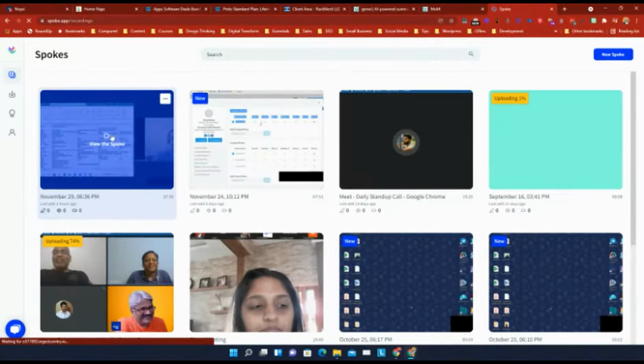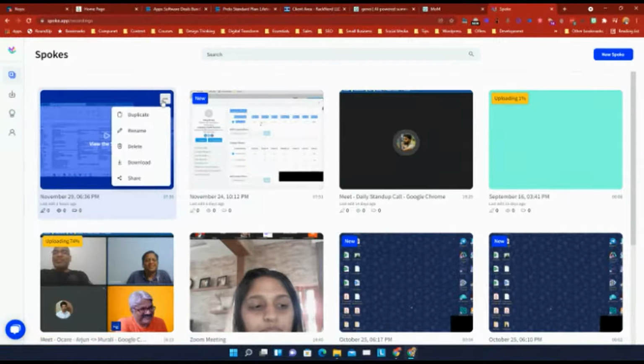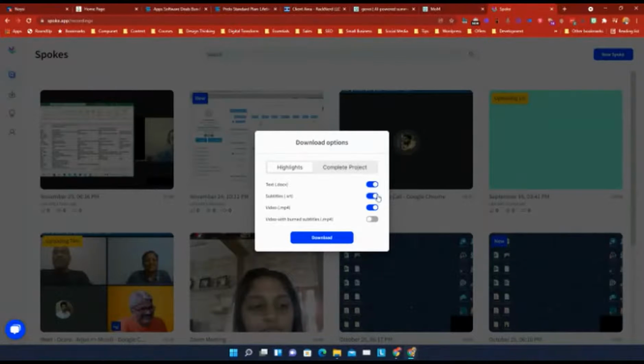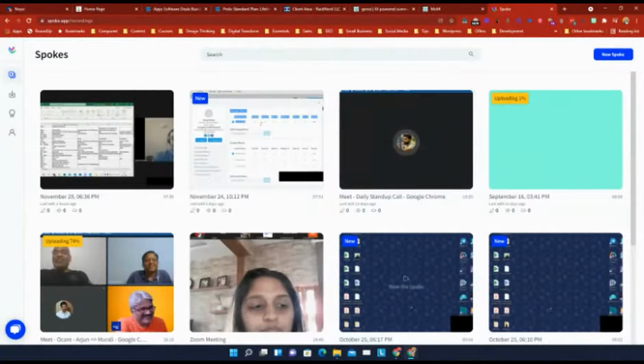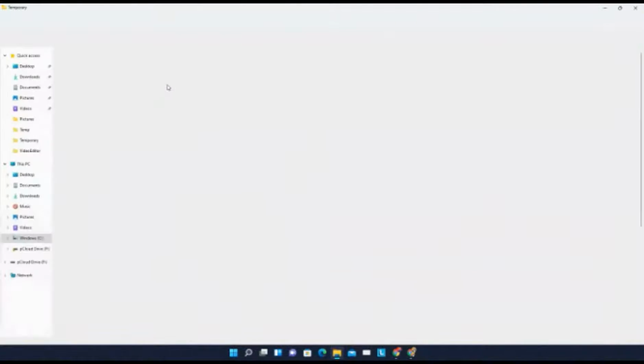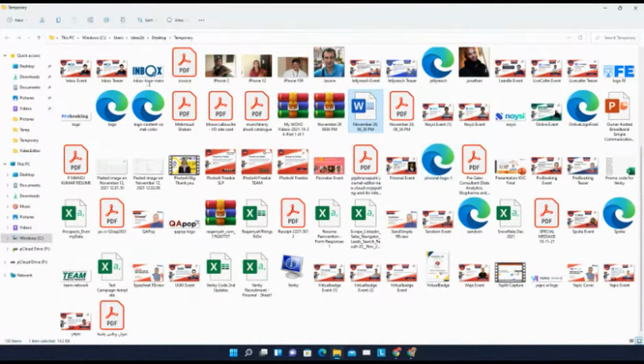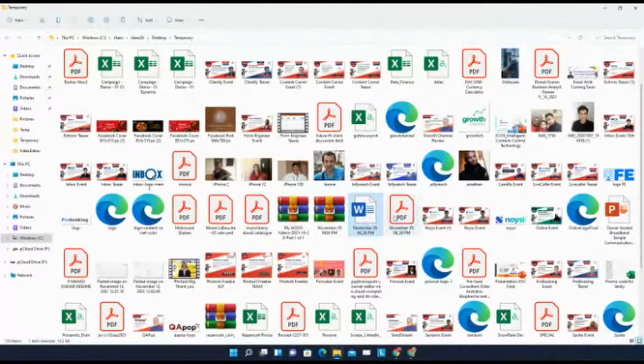So you could see the screen. What I did is, I just downloaded this meeting transcription. I don't want the SRT or MP4, nor the complete project. I first downloaded this docx, and unfortunately Genie takes only PDF. So I opened this docx and converted it into PDF, and once I got the PDF as the minutes of meeting,